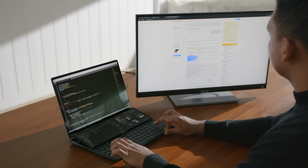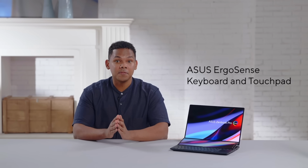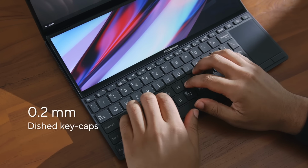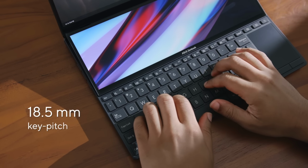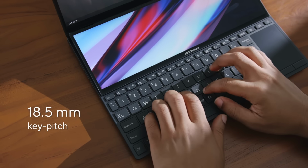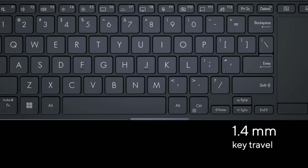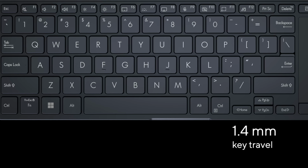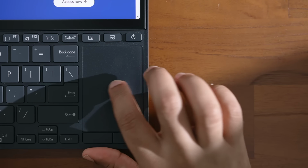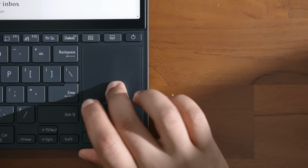Other laptop key elements have not been neglected. ASUS ErgoSense keyboard and touchpad are here to give users an unrivaled input experience. The 0.2mm keycap dish and enlarged 18.5mm key pitch are designed to maximize comfort and accuracy when using the keyboard. Meanwhile, the long 1.4mm key travel distance ensures a superb tactile feel, making every keystroke as satisfying as possible. The touchpad has been coated with both high-end PVD anti-fingerprint and hydrophobic coatings to ensure resistance against wear and tear